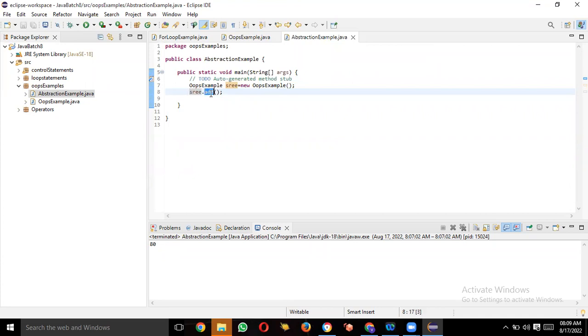You are only checking whether it is executing or not. We are just consuming it. For example, you are using your mobile. If you are trying to call somebody, you don't know the internal mechanism, right? The internal mechanism you don't know. If you are receiving the call,